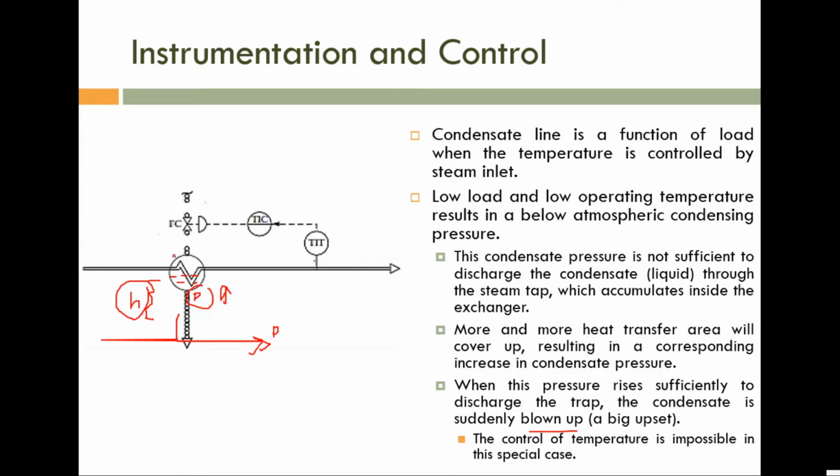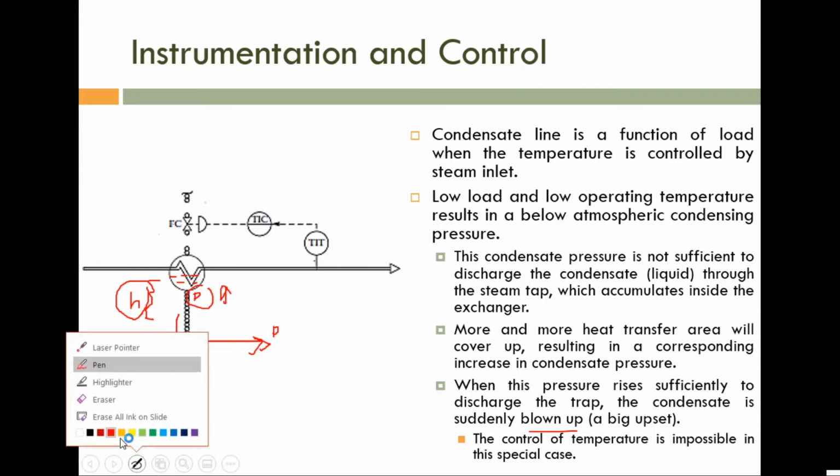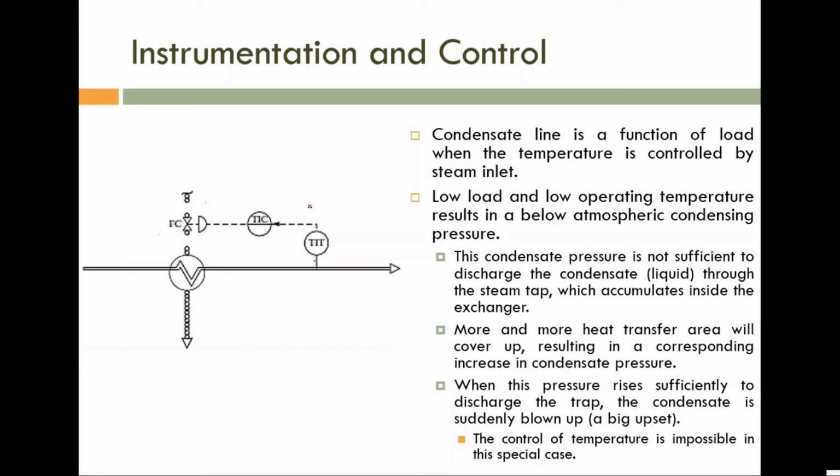Is it okay? So then what do we have to do? If we have the blown up problem, then I told you we can't manipulate the steam flow rate. At that situation, we have to manipulate the condensate flow rate. Why do we have the blown up problem? The blown up problem is there because the heat transfer area is varying. For a time duration, the heat transfer area is decreasing. After that duration, the heat transfer area is suddenly increased.